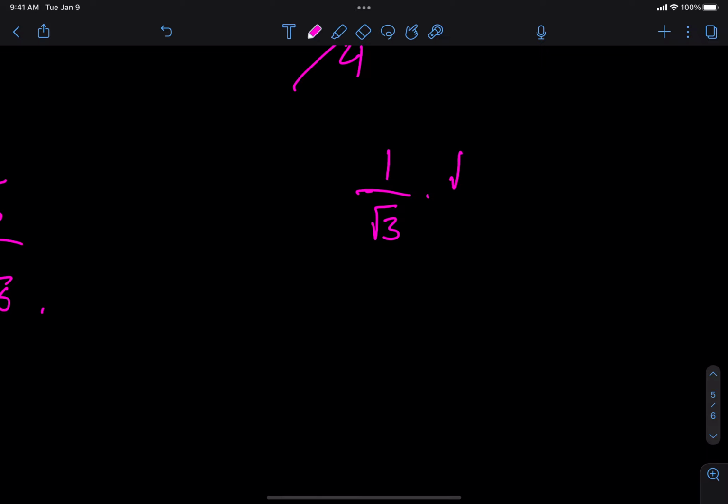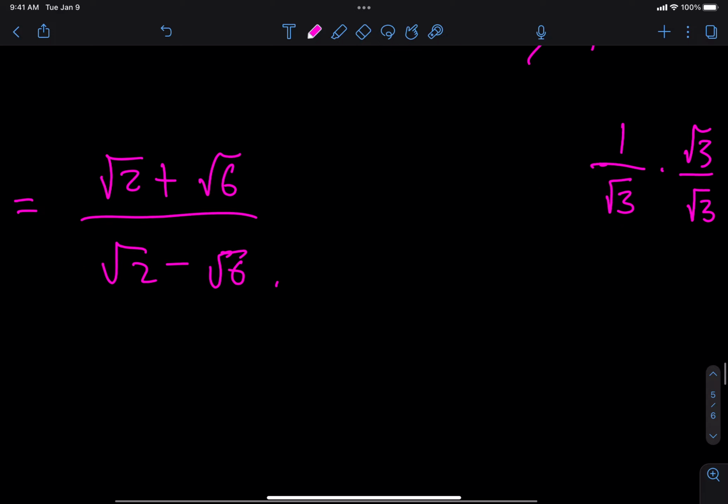Yeah, multiply by the square root of 3 on the top and bottom, and you'd get something like root 3 over 3. So maybe we would want to try that. So we'll just multiply the top and bottom by the denominator. Let's see what happens if we do that. If you multiply the top and bottom by the denominator,